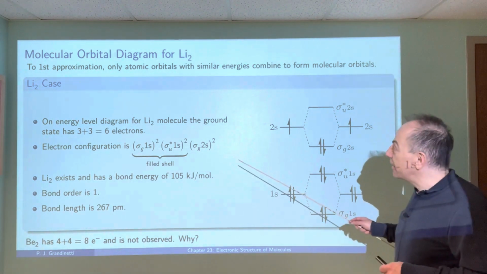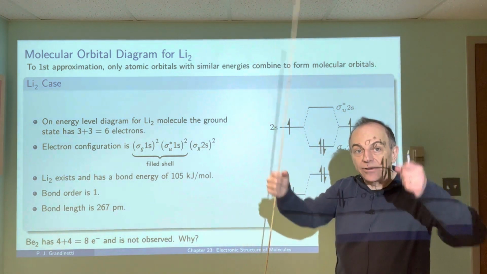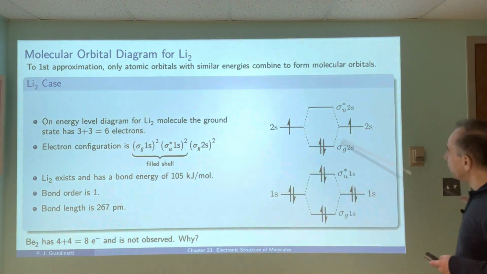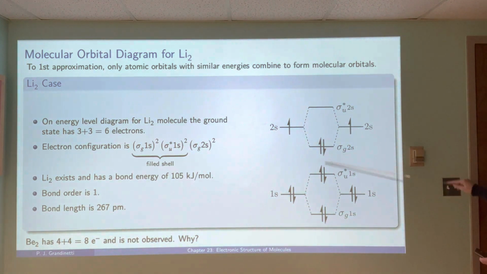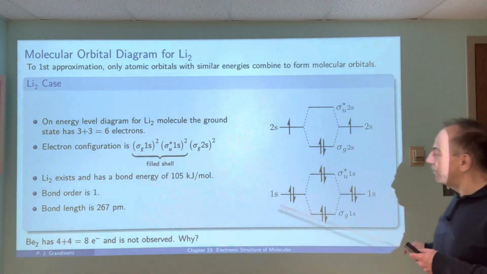In the lithium diatomic molecule, we're going to have 3 electrons from each lithium coming together with a total of 6 electrons. So if we look at our diagram here, we're going to take our 6 electrons, put 2 in the 1s combination, so the sigma G 1s, 2 in the antibonding sigma U 1s, and then the next 2 we're going to go into the sigma G that's formed from the 2s orbitals of the 2 lithiums. So this gives us a net stabilization of